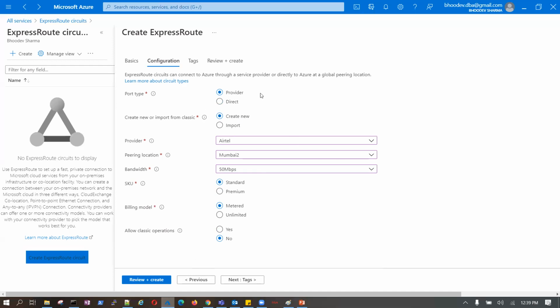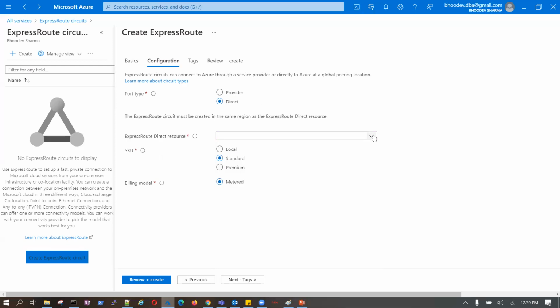If this is provider-based. If it's direct, then I need to select my Express route circuit here, because this is my direct connection. This direct connection is, I'm having a direct connect resource, let's say from my Azure to Azure or my data center to data center, meaning I'm having my own Express route circuit.